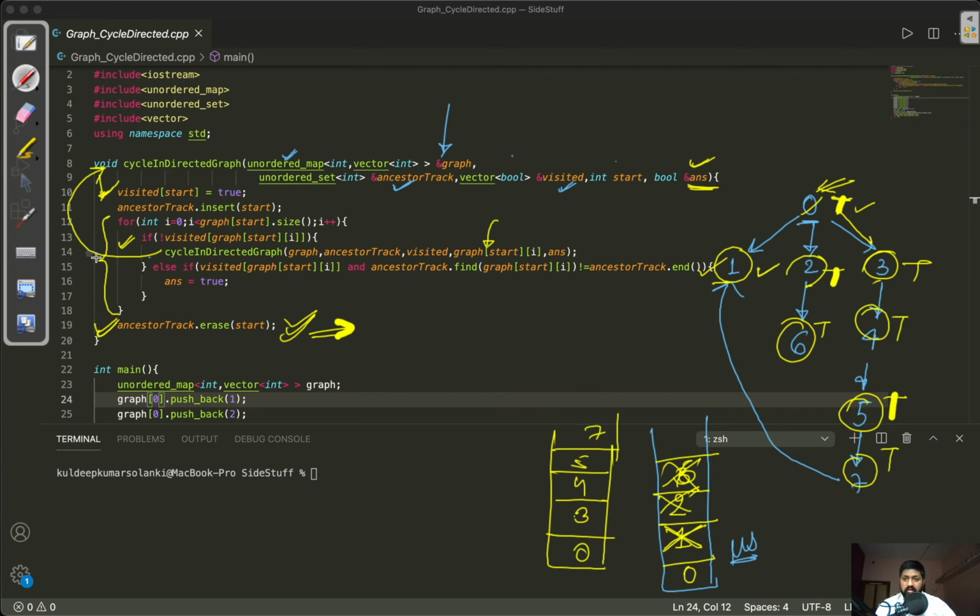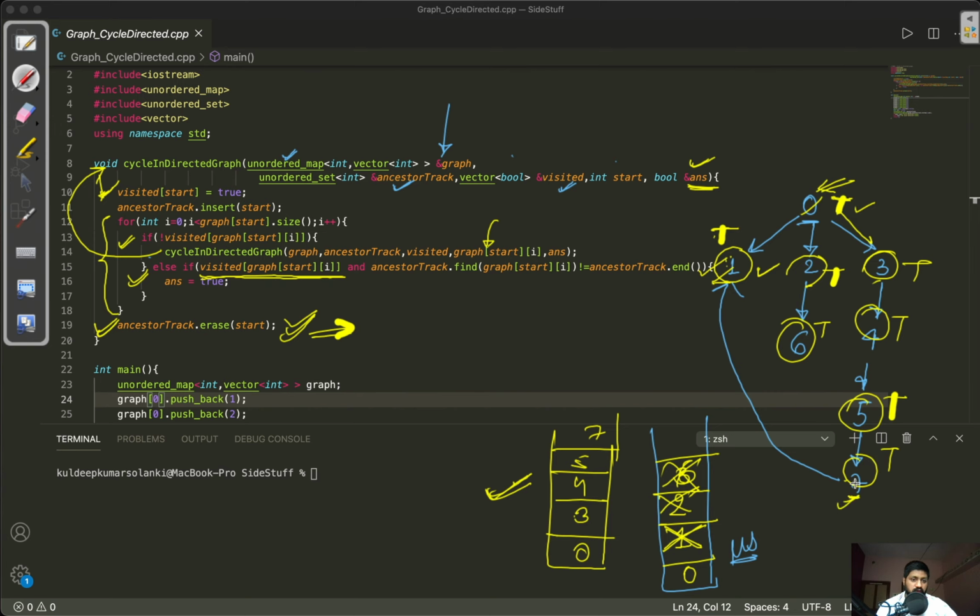After that, this else will occur. Why? Because for this particular node the neighboring node is visited, because we explored it already. So this condition is true, the first one, visited of this is true, and we check in this ancestor set whether this is an ancestor of this particular node 7 or not.